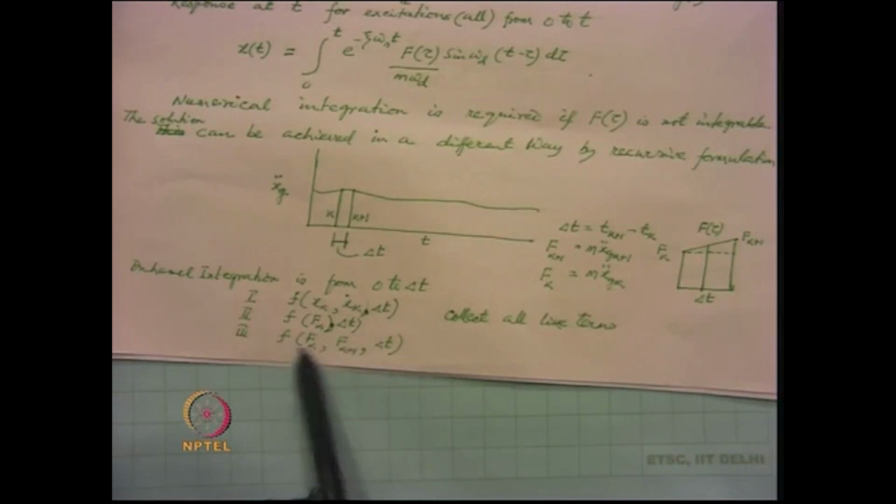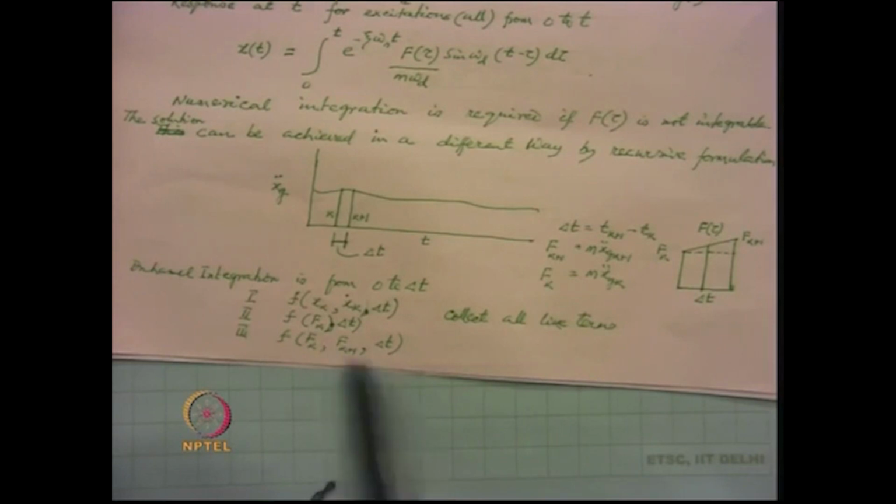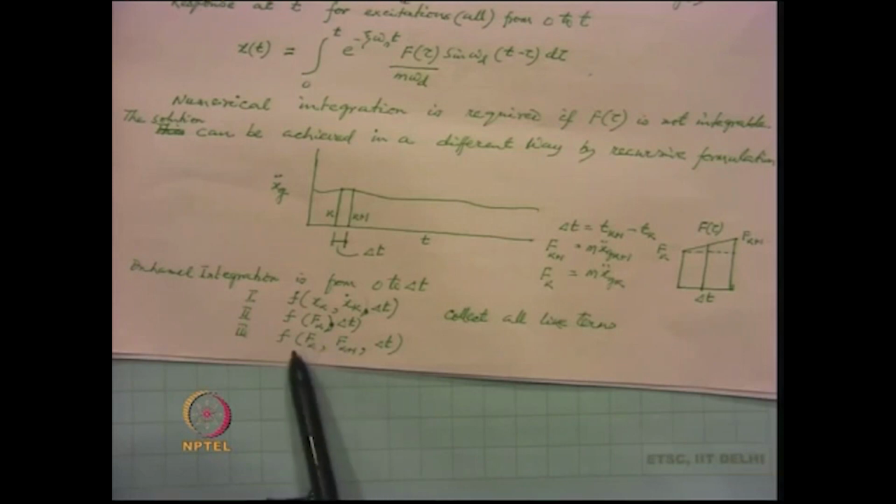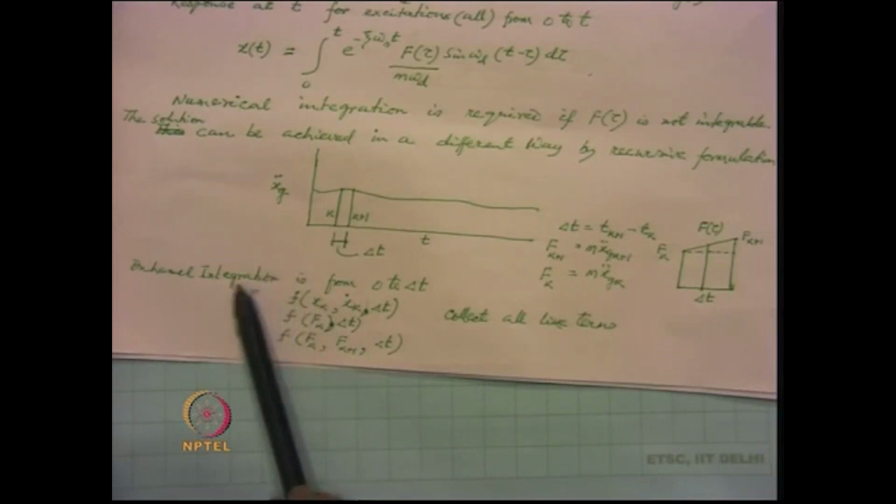Similarly, for this one the response can be obtained for a triangular kind of pulse, and this also can be obtained using the Duhamel integration because it can be obtained analytically. So, for all the three the analytical solutions are available. Then once we get all the three solutions, these three solutions are summed up together, and the like terms,